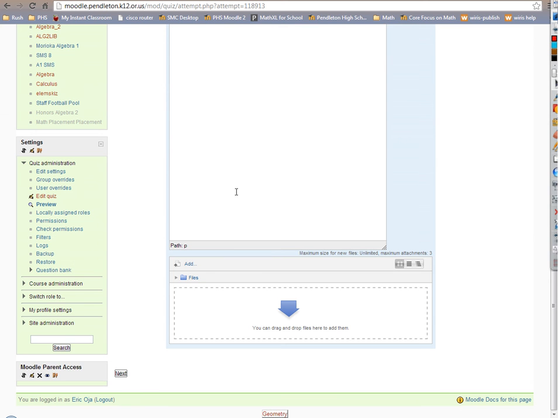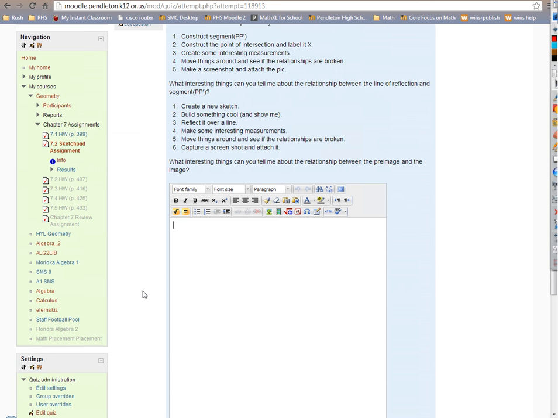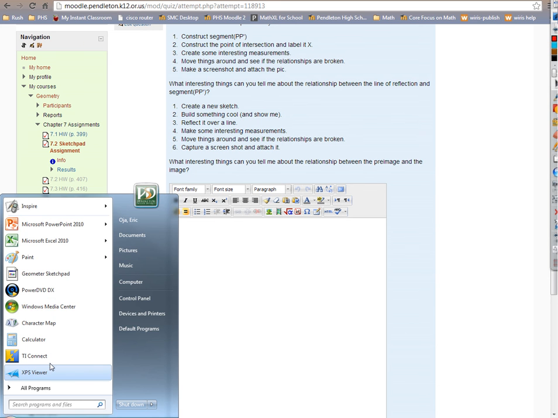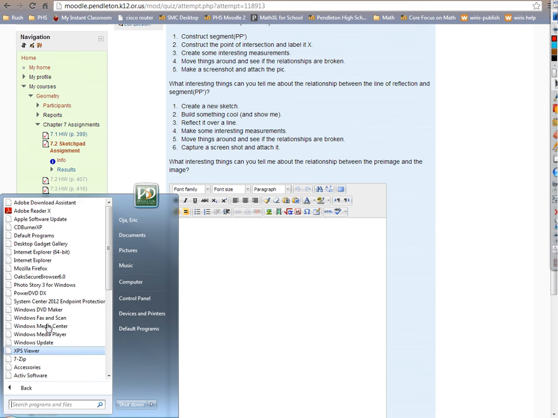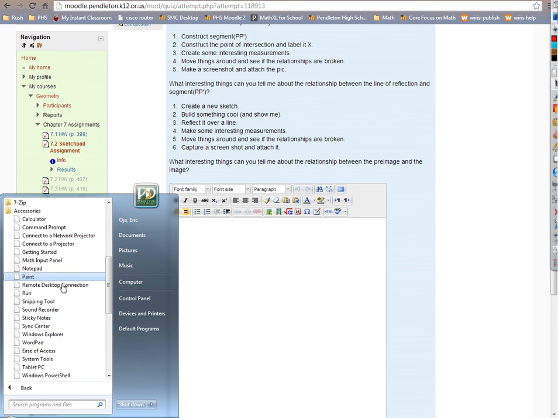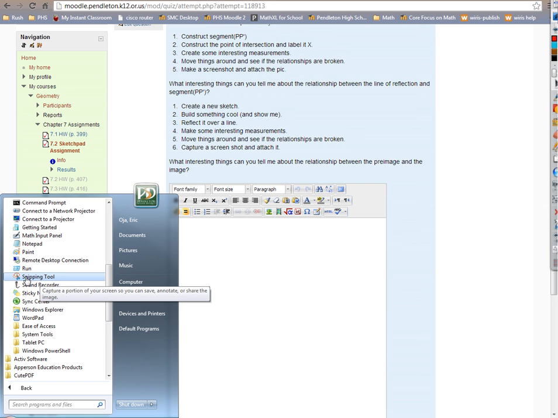You're going to write your stuff in here, and you can even drag over screenshots. So how do you do a screenshot? Before I forget, because I forgot last period. If you have Windows 7, which is what the new labs here have, and you might have it at home too, all you have to do is go down to the Start menu, go to All Programs, and then Accessories. In Accessories, you'll see something called the Snipping tool. I think this is in Vista too. I don't know if it's in XP or not, but I think I've got this at home too, in Vista. So if you click on Snipping tool,